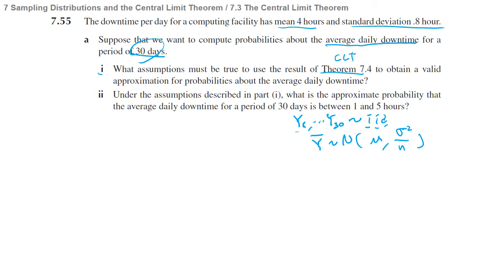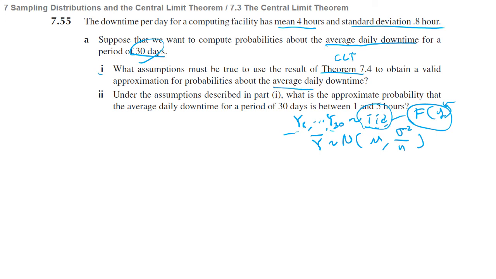So y1 to y30 follow the same distribution that we don't know, and also they are independent samples. So we need this assumption. Y1 to y30 is IID from an arbitrary distribution, and then we can use the central limit theorem to approximate the distribution for y bar,